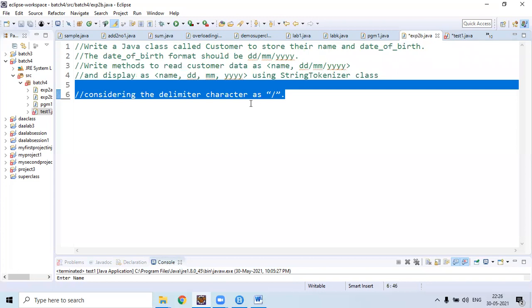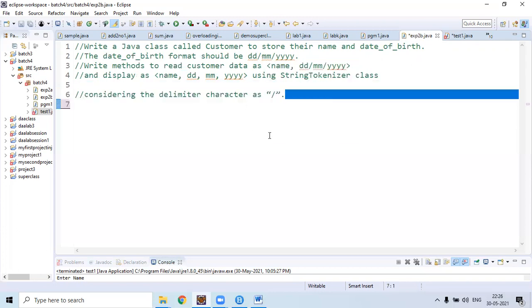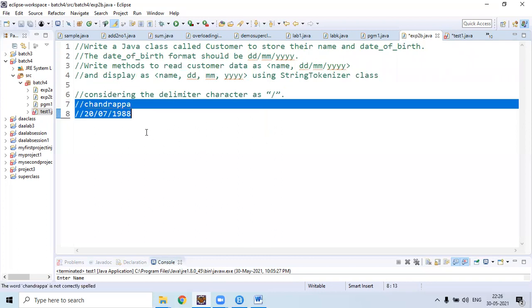Here we need to use a delimiter slash to extract these three values from date of birth. Consider one example. Suppose user entered name Chandrappa, date of birth 20/7/1988.